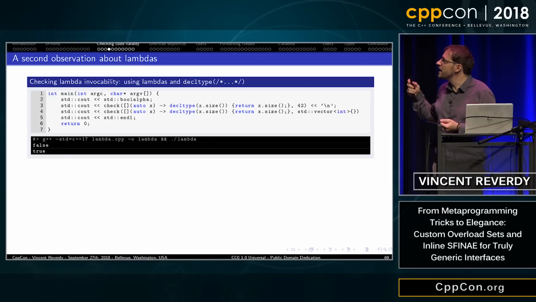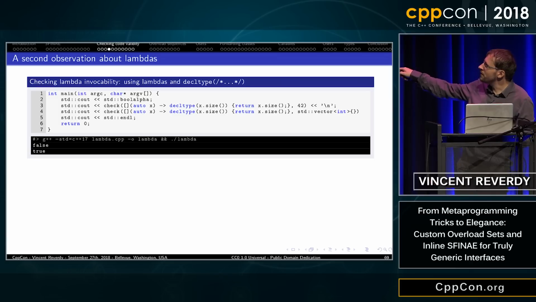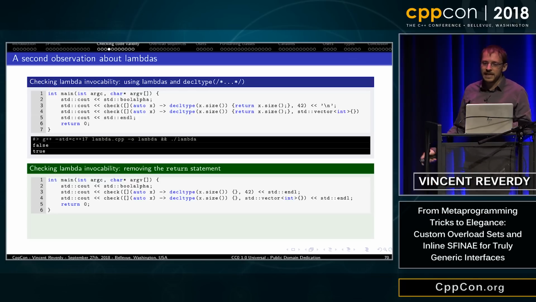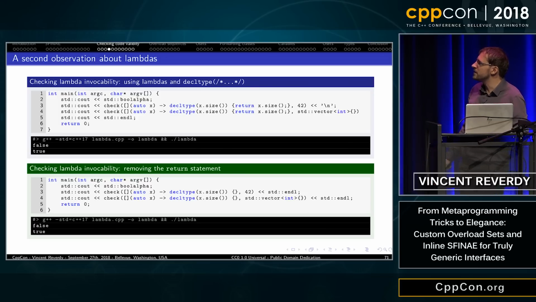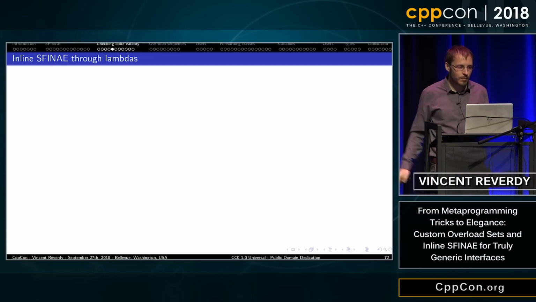So if I want to check whether some code is viable or not, I can use this trick. And it works even if the lambda is completely empty, if I just use the decltype. There are no warnings, it just tells me that the first one was not able to be executed on 42, but the second one was able to be executed on the vector. Great.